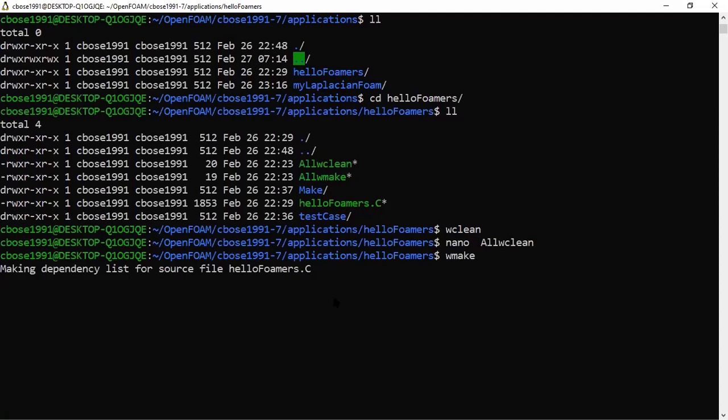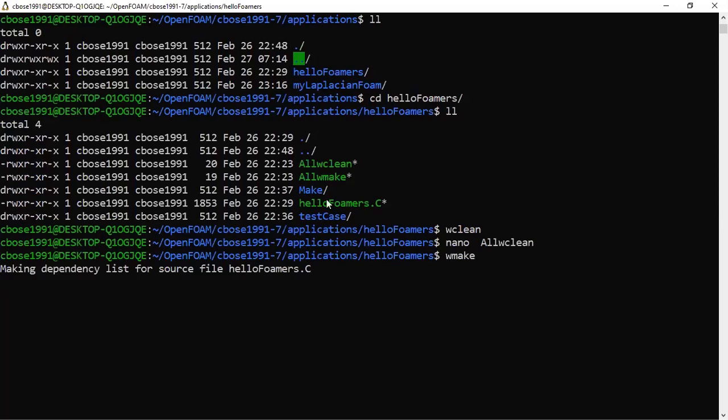So this is a C code. And please remember that this does not have a header file because this is just a printing code. It will print hello formats. So we do not need any declaration or definition. So we have not put any header file. Okay, so it is taking some time.